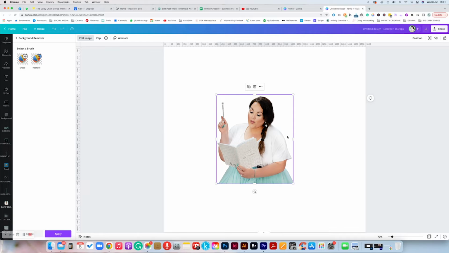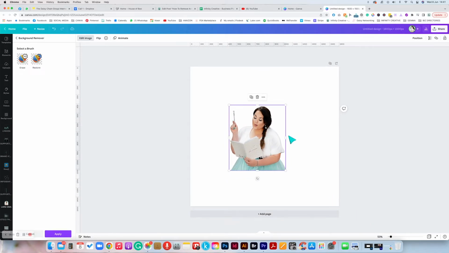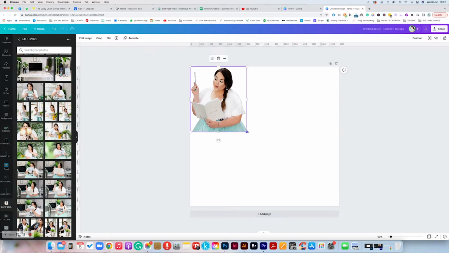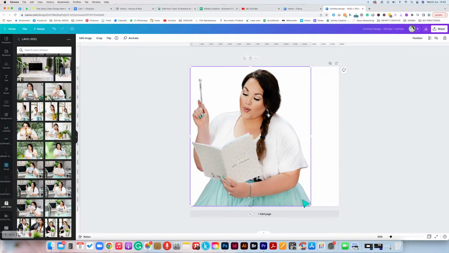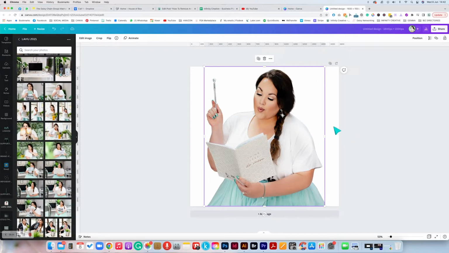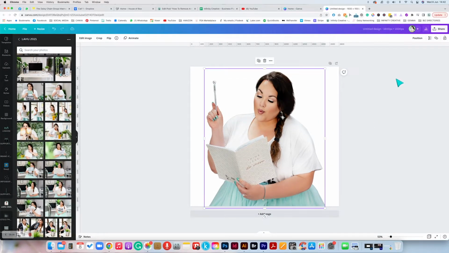Now I'm going to do a demonstration of how, say for example, you had a photo that was very similar to the background, and I'm going to show you how to erase and restore. But for now, I just want to give you another tip of what you can do next with your cutout image. Because we've done this, we kind of just want to do it once and not have to keep redoing it. So what I would go ahead and do is, once I've got my image,